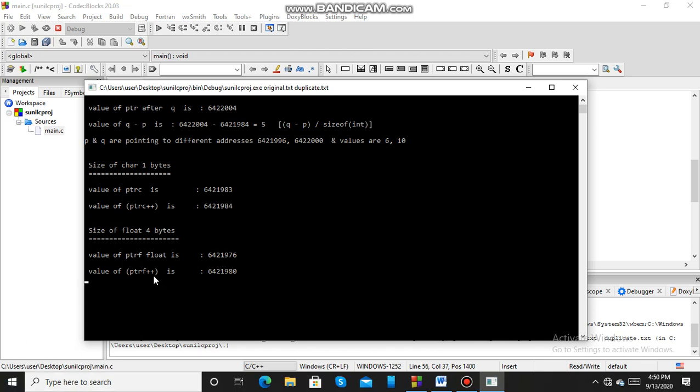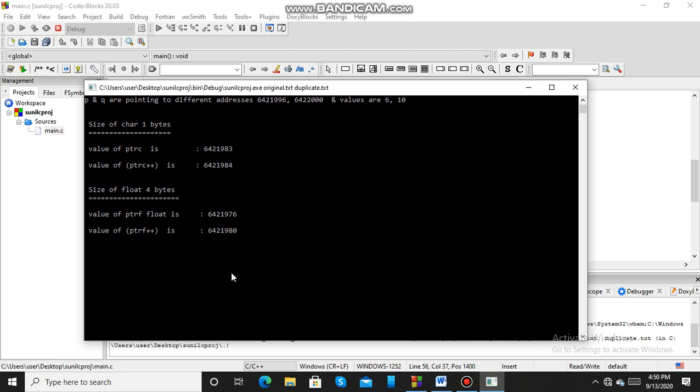I am using the increment operator. It has increased by 4 bytes. So 1976 has gone to 1980. That is because the float data type is taking 4 bytes.